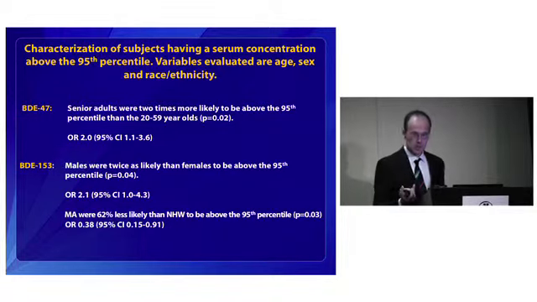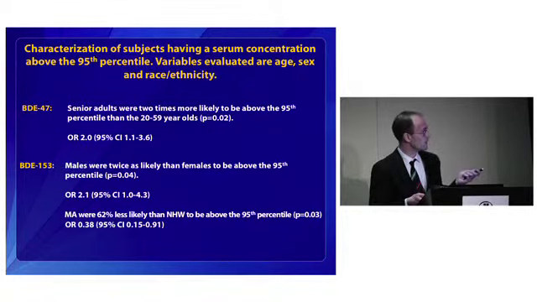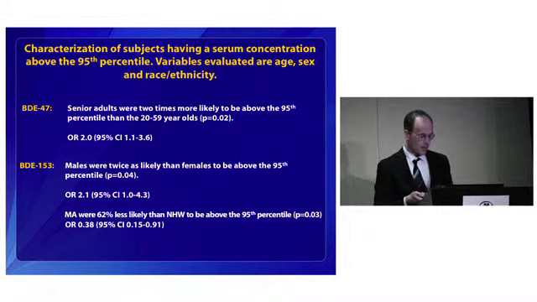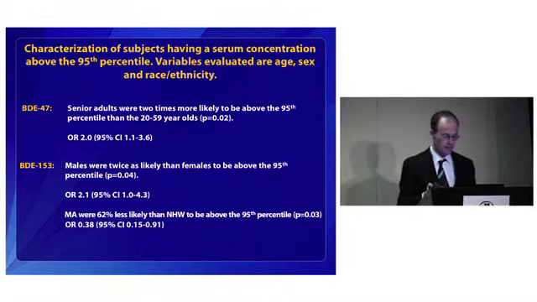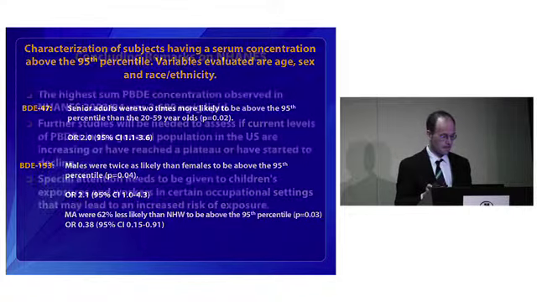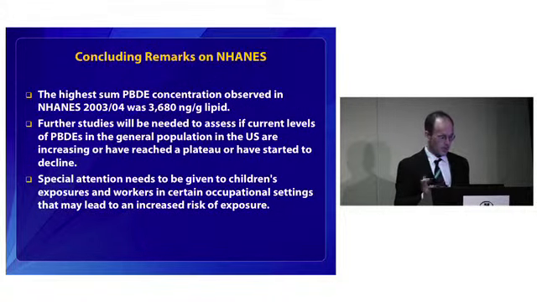Looking at the risk of being above the 95th percentile, we can see that in the case of BD47, senior adults were twice as likely to be above the 95th percentile as compared to younger people. In the case of BD153, we see that males were twice as likely as females to be above the 95th percentile, and also that Mexican Americans were 62% less likely than non-Hispanic whites to be above the 95th percentile. So, ending on NHANES,